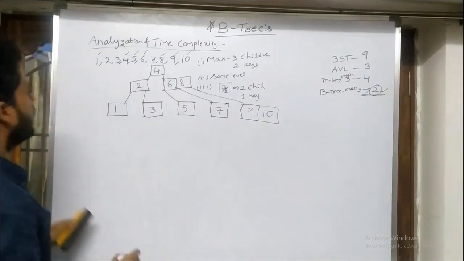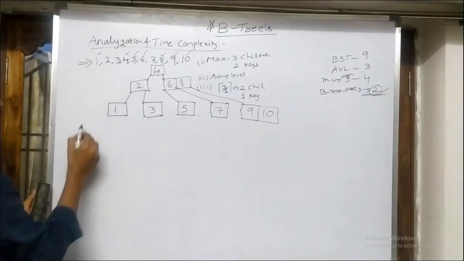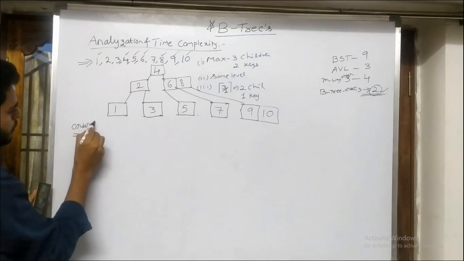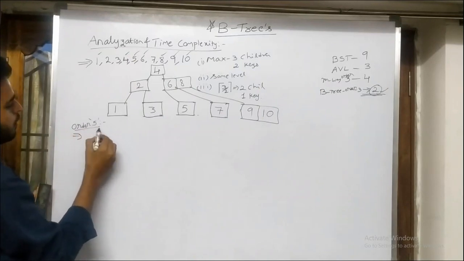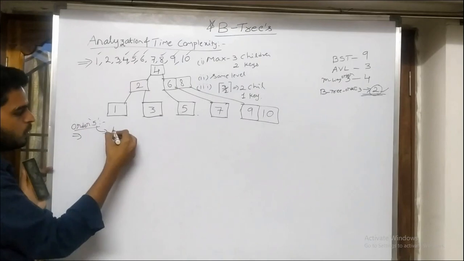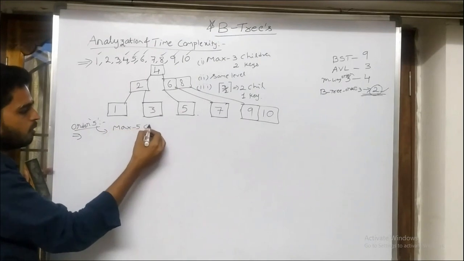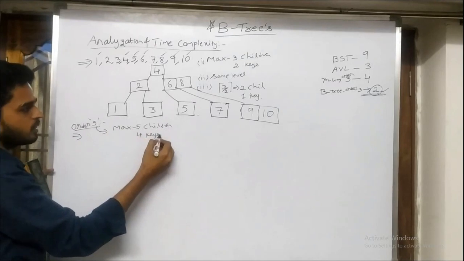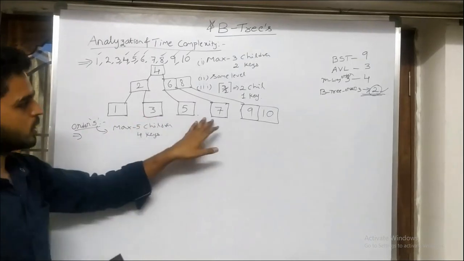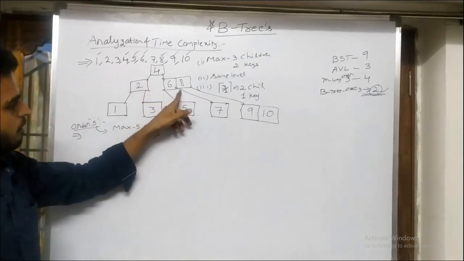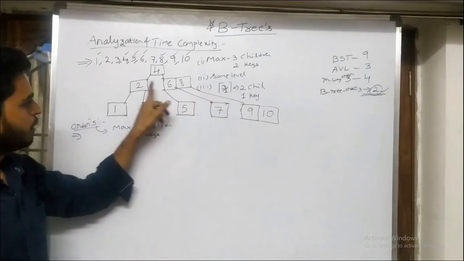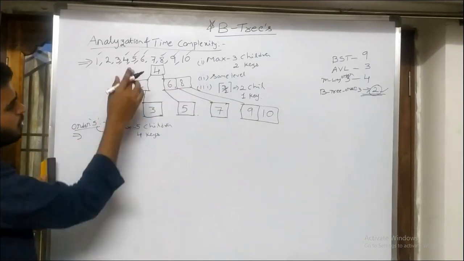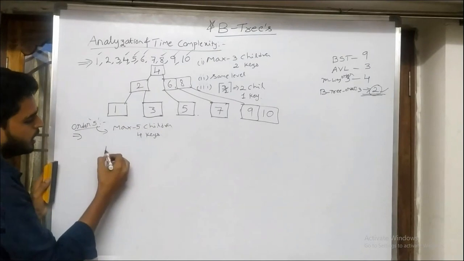Okay. Suppose, for example, construct a B tree of order 5. Order 5 means that it can allow maximum 5 children and maximum 4 keys. See here, you need to check all the leaf nodes are at the same level and all the internal nodes have a minimum of 2 children, minimum 1 key. Minimum 1 key is there. So there is no problem. B tree of order 5 means that it can allow 4 keys, right?